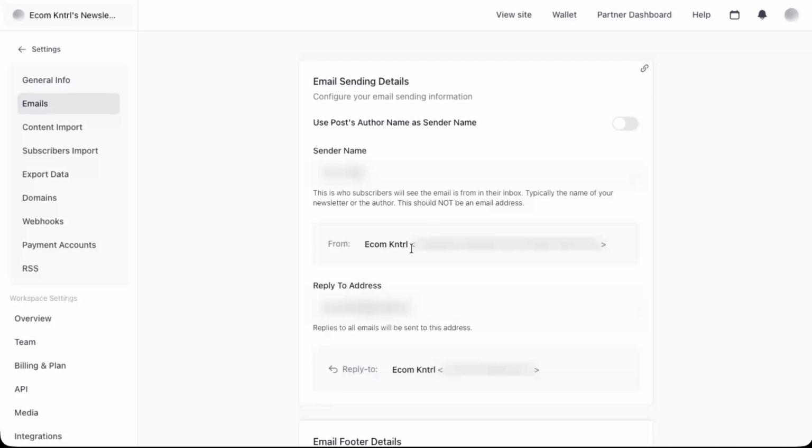After you've typed in the new sender name, make sure any on-screen save or update button is clicked, so your changes are actually applied. Some platforms autosave, but it's always a good habit to look for a confirmation or a small notification that your settings have been updated. Once that's done, your future emails from BeeHiiv will display this new sender name in your subscribers' inboxes. That's all there is to it. Your sender identity is now up